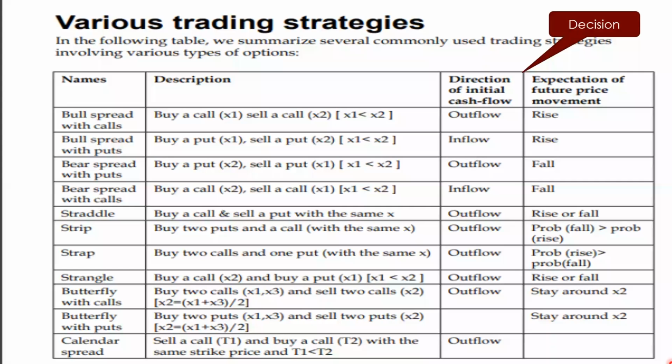Butterfly, that you know, stays around time. That is, on one side it will increase, on another side it will go down. That is how you can do a butterfly with put and the calendar spread. If nothing is there, but your investment is going out, it means we can go for the calendar spread option.